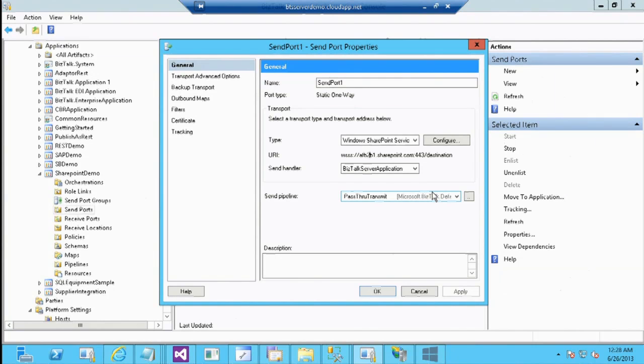But in SharePoint 2012 and above, the SharePoint team actually came back with a client library, where they say just use the client object model and you install it on every one of the clients that you are talking to, and you really don't have to worry about the type of server you are connecting. So this kind of opened up the opportunity to connect to SharePoint Online, because now I don't have to know what type of server I'm connecting to, and I don't have to worry about whether SharePoint is hosted on-prem or online or hosted by somebody else as a third-party provider. I don't have to worry about that. All I need to provide is the SharePoint URL, the username, password, and I can connect to SharePoint server.